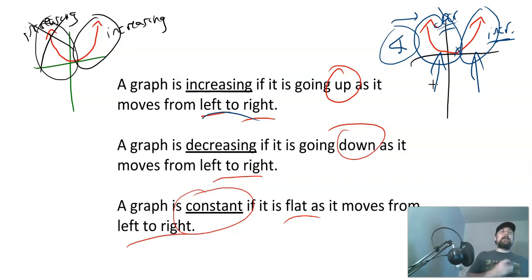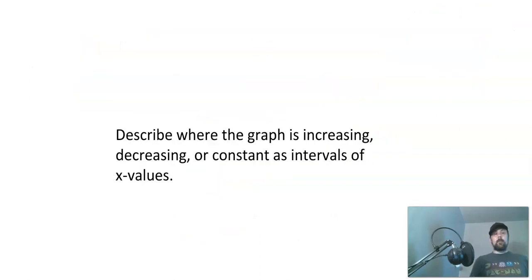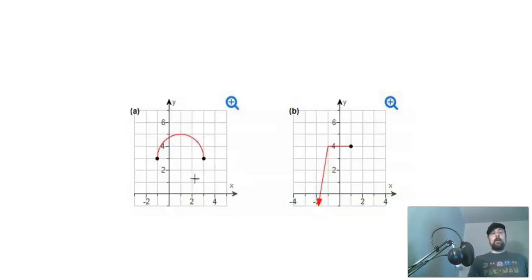But what if I needed to type that up in an email to somebody to say, for this equation, here's where it's increasing, here's where it's decreasing, and I can't physically point to the graph itself? How would I describe the regions where it's increasing and decreasing? You want to use the x coordinates. I didn't really label this very well, but let's look at an example from the homework. I guess I have it written right here. Describe where the graph is increasing, decreasing, or constant as intervals of x values. All right. So let's take a look at this example from the homework,